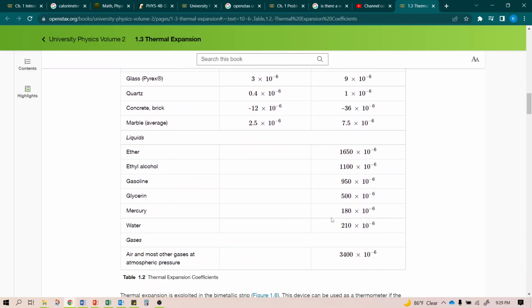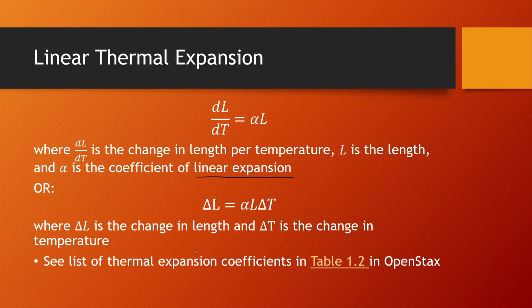then we have liquids and gases once we get to volume. All right, so going back to our PowerPoint,